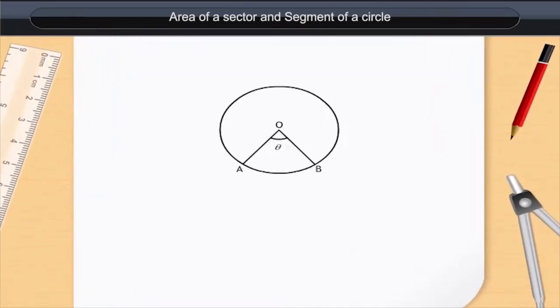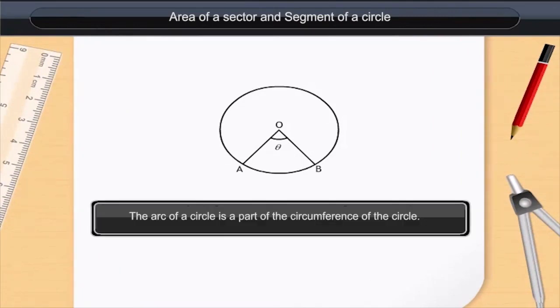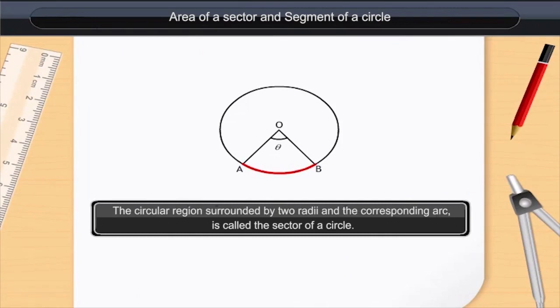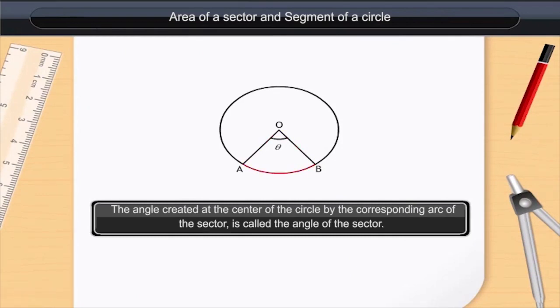Area of a sector and segment of a circle. The arc of a circle is a part of the circumference of the circle. The circular region surrounded by two radii and the corresponding arc is called the sector of a circle. The angle created at the center of the circle by the corresponding arc of the sector is called the angle